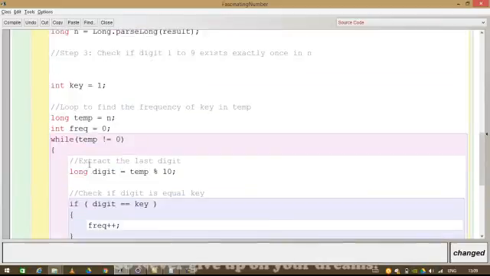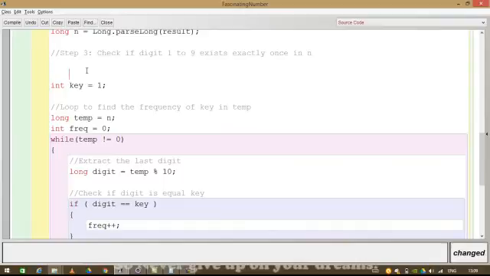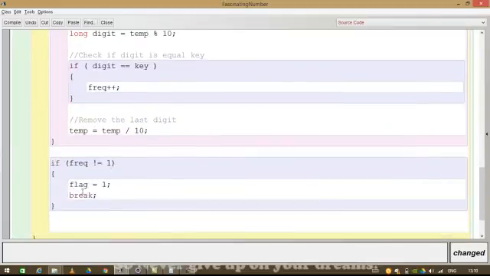You check, so the key is 1 in the beginning; check how many times 1 was present. If 1 was present exactly once, wonderful, so you can go ahead with 2, checking for the frequency of 2. But if it is not equal to 1, I set the flag and break out. Yes, we must make sure that we have the flag set as flag equal to 0 in the beginning. So flag will be set to 1 only if the frequency of any key, that is 1 to 9, is